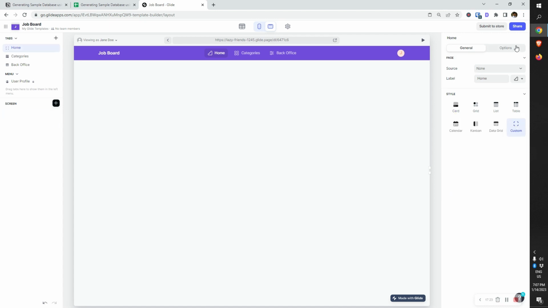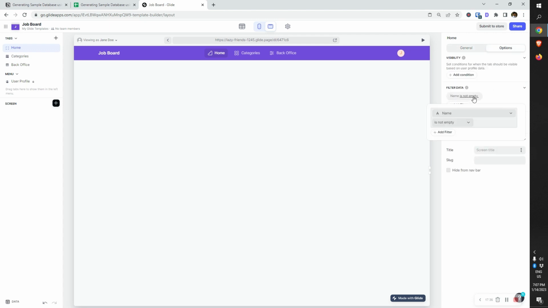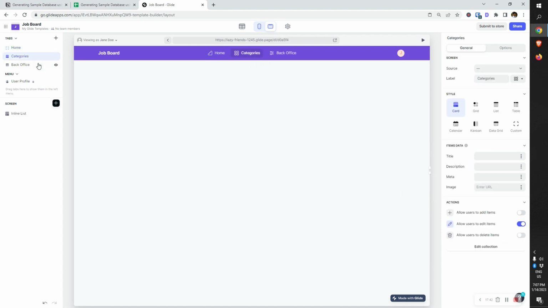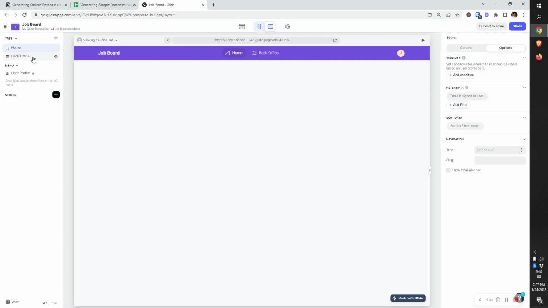Let me filter this for users, filter data for email is signed in user. So this is good. For now let's delete the rest of the columns, and now